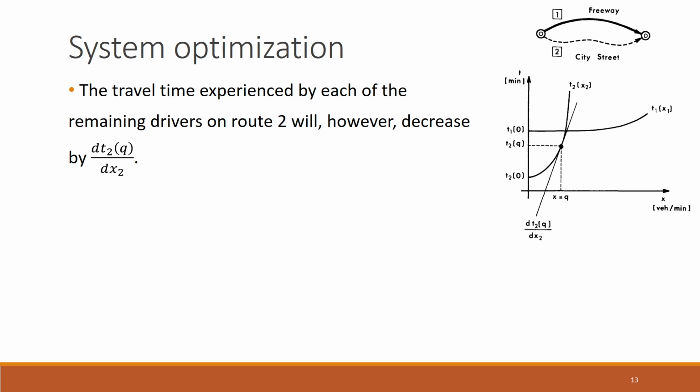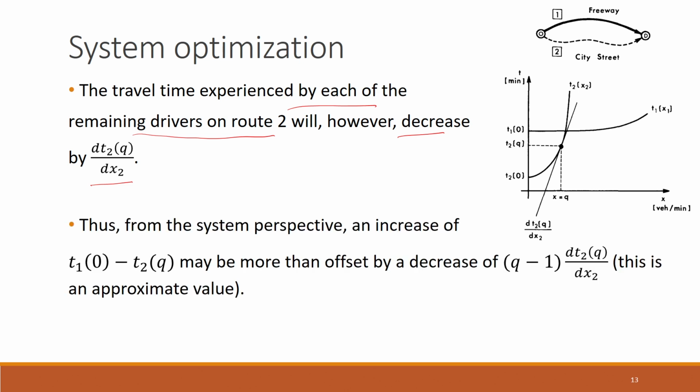But note that the travel time that is experienced by each of the remaining drivers on route 2 will decrease, okay, because the flow on the second link has reduced now, so this decrease has happened at this rate dt2(q)/dx2, okay. And if it so happens that an increase of this t1(0) minus t2(q), that is the increase of the travel time that is experienced by the flow that shifts from path 2 to path 1, is offset by the decrease of